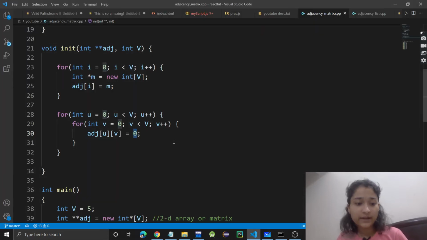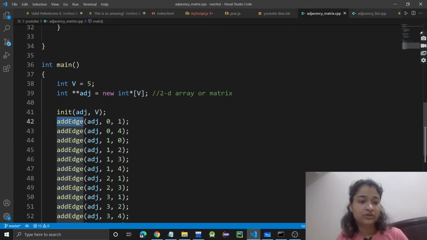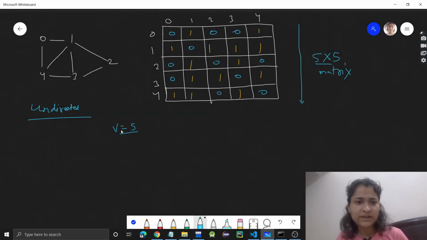After this init function, we have the function add edge. For example, if I have a new edge between 0 and 2, since this is an undirected graph, there will be an edge from 0 to 2 and also from 2 to 0.